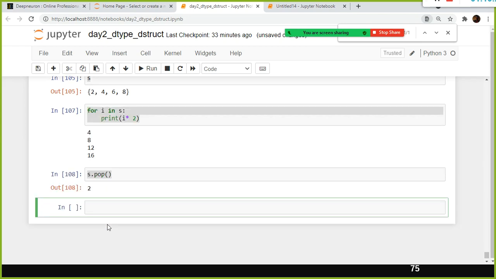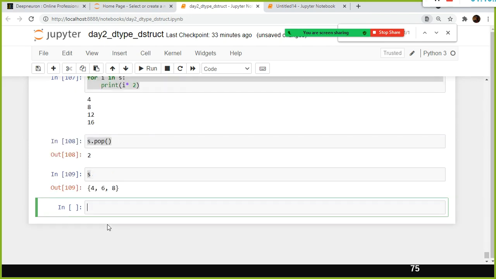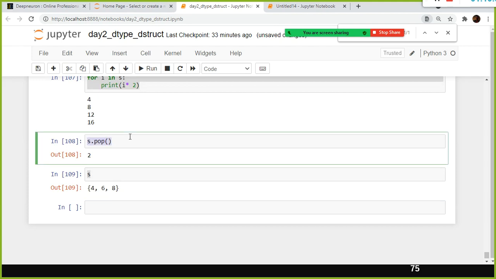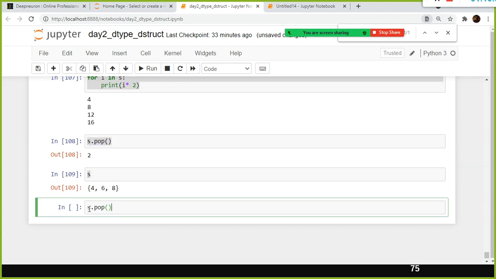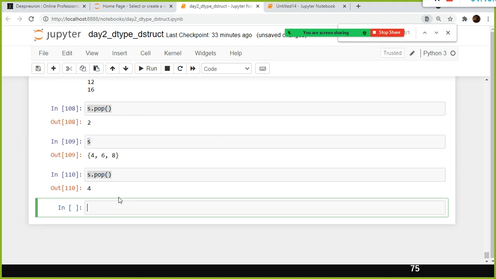in this case what will happen is, look here, in my set I have 2, 4, 6, 8, right? And if I use pop, what happens? One more time, 4. From left to right, it is deleting the values. But in the case of dictionary, popitem was doing it from right to left, but here it is doing it like this. Okay, and if you want to clear all the values from a list, you can use the clear function.